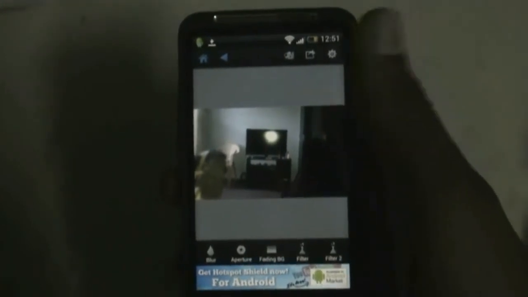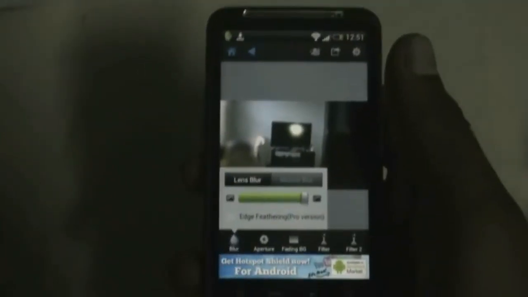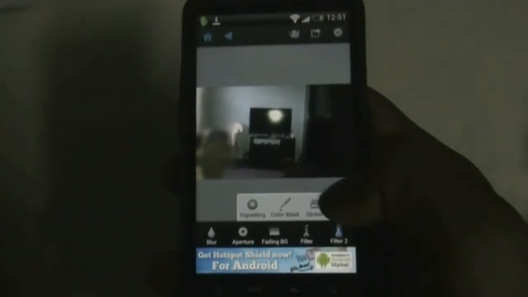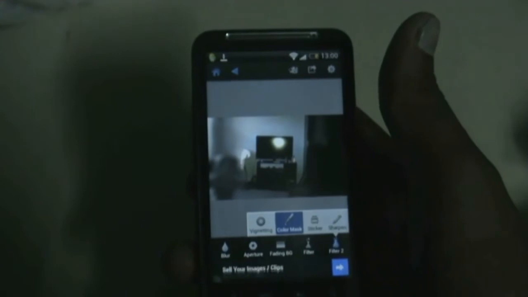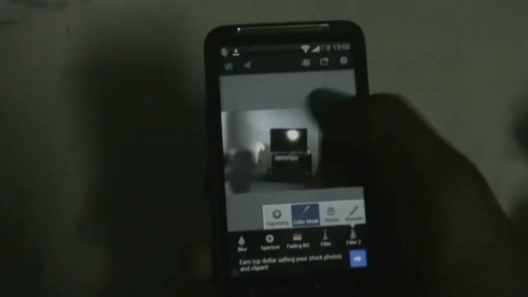So after you have done it, just hit the button here, and you can blur the part that you want to blur by just increasing it here. You can see the effect, and you can also change the color of the background. So let me just show you. Here you can see that the background is black and white. This app helps you to create natural and realistic photos, and it automatically recognizes the shaded part and applies the corresponding effect. So just give it a try. This app is very useful and helps to edit your photos, so just check it.